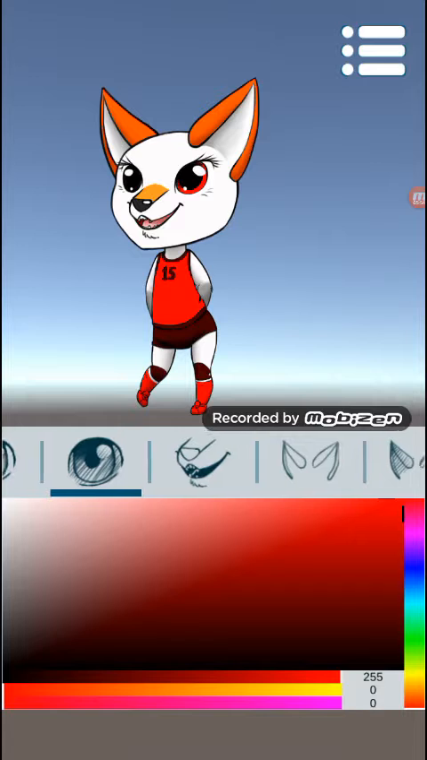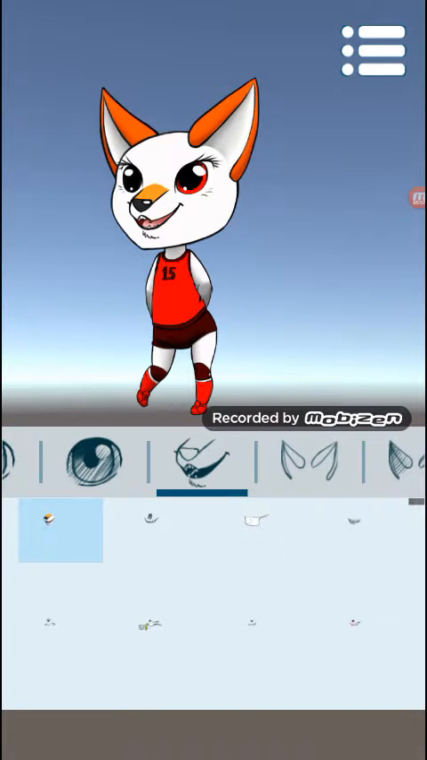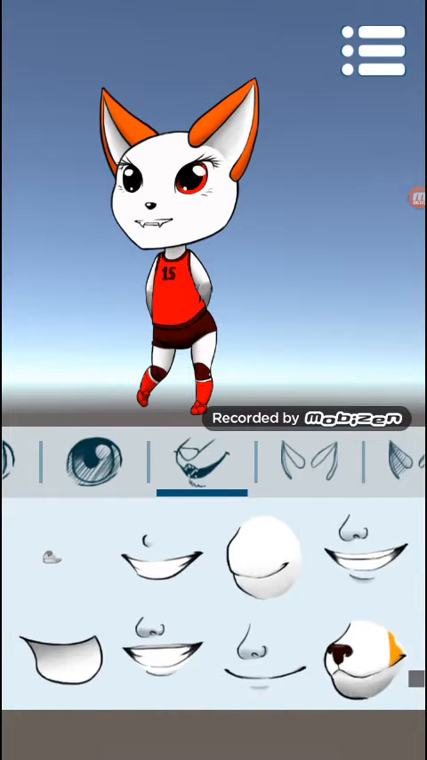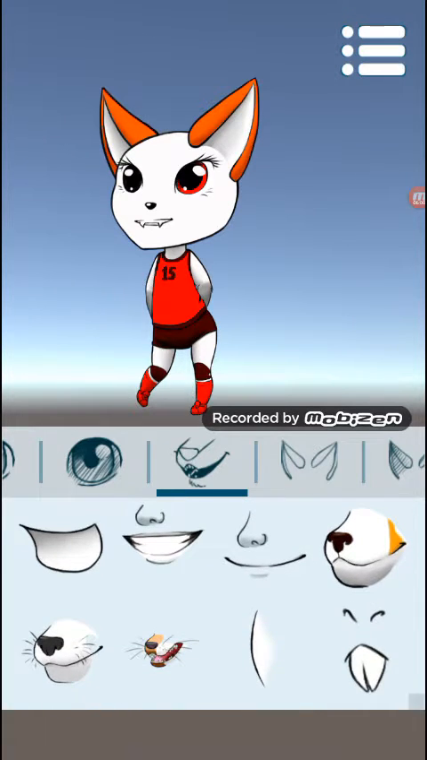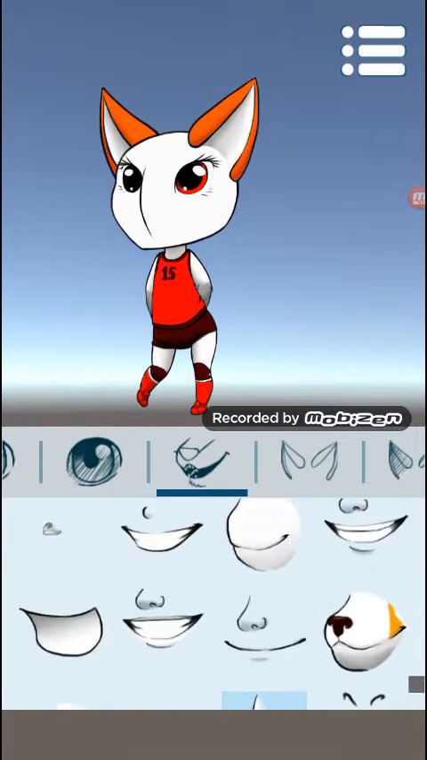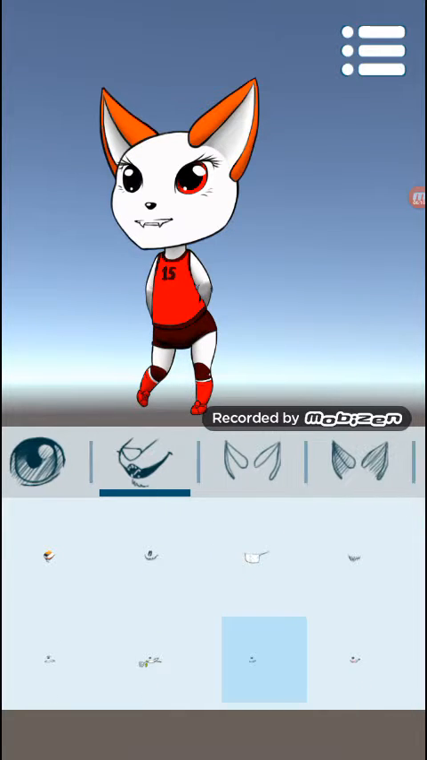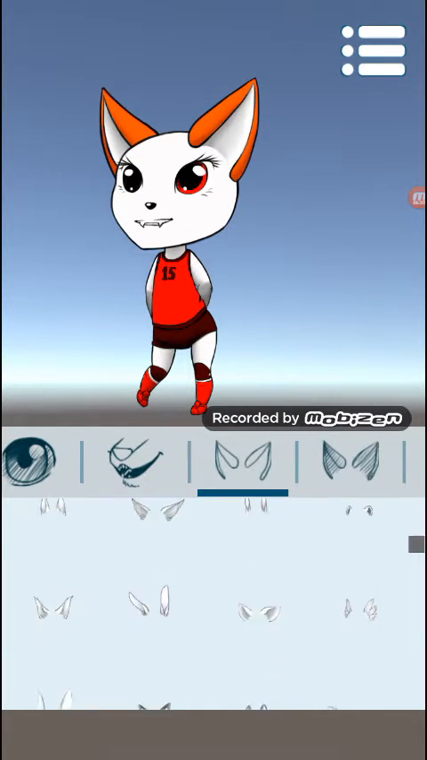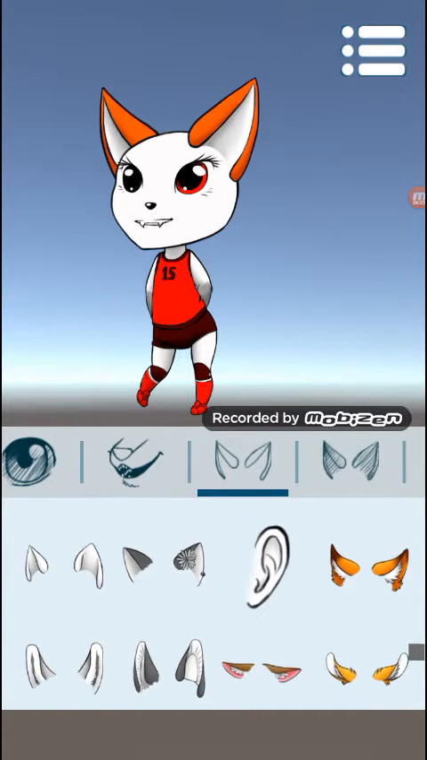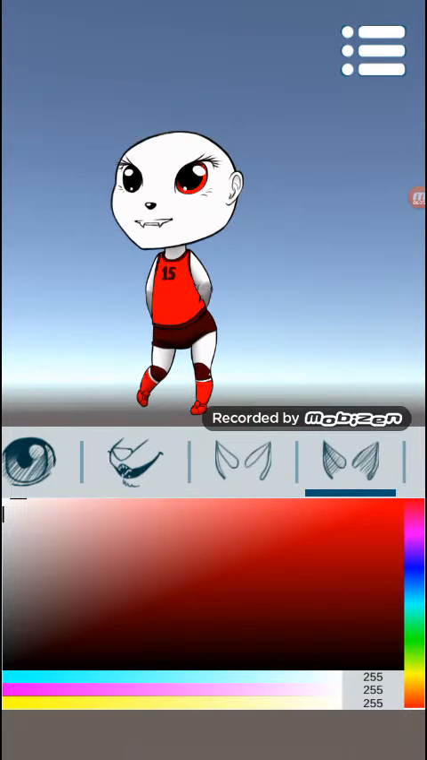Then you got your mouths here. You have these mouths, which are the ones that, this is the one I like the best, no matter what I'm making. Then they have human mouths, animal mouths, this weird mouth here. So they have a bunch of variety of mouths, along with everything else. And they have ears, so you can scroll down here and get like human ears,